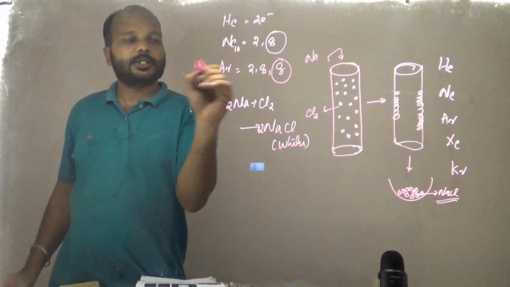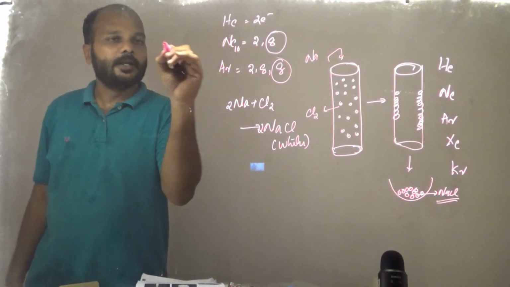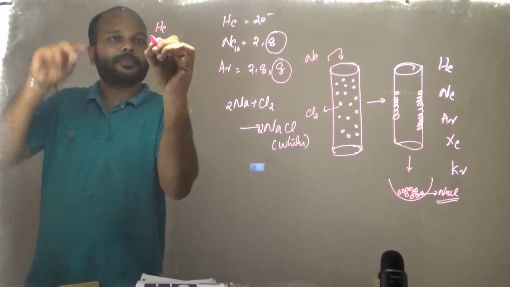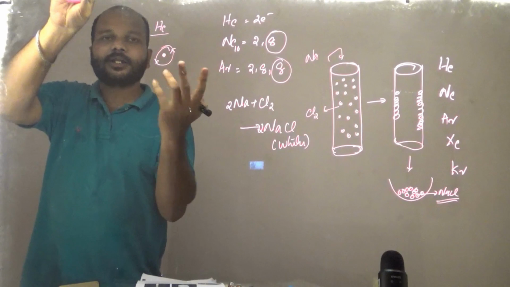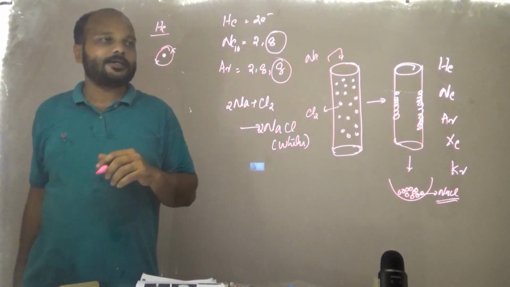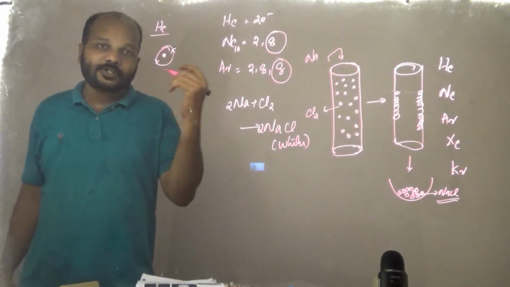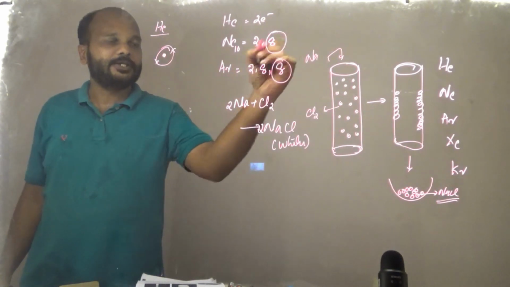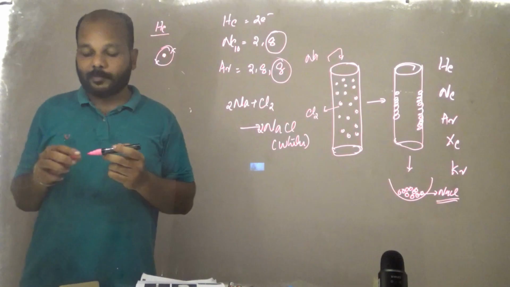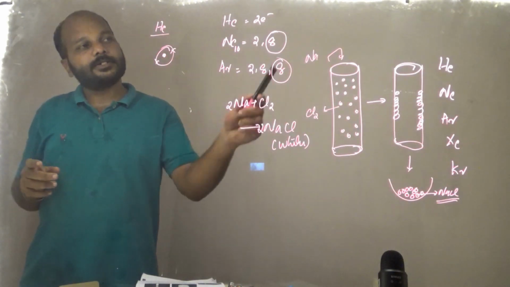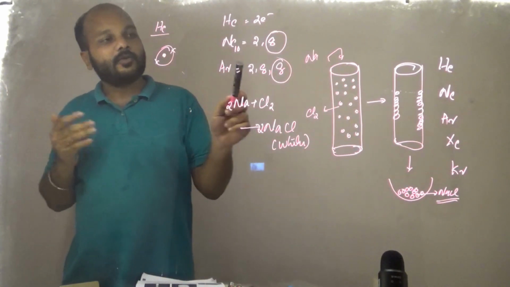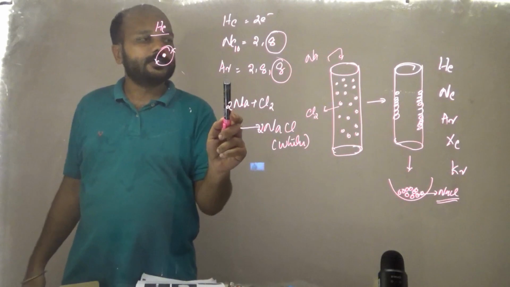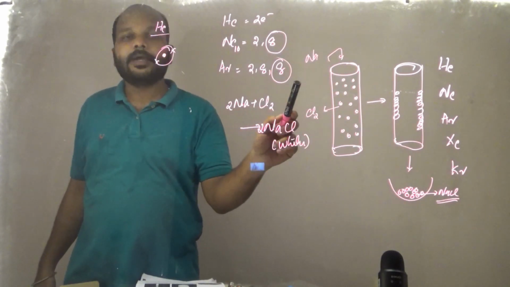If I draw its shell, let this be helium, and here it has 2 electrons, only one shell completely filled. And if I check neon, that is also completely filled, because the L shell can accommodate a maximum of 8 electrons. If I check helium, neon, argon, krypton also, they are going to have 8 electrons in the